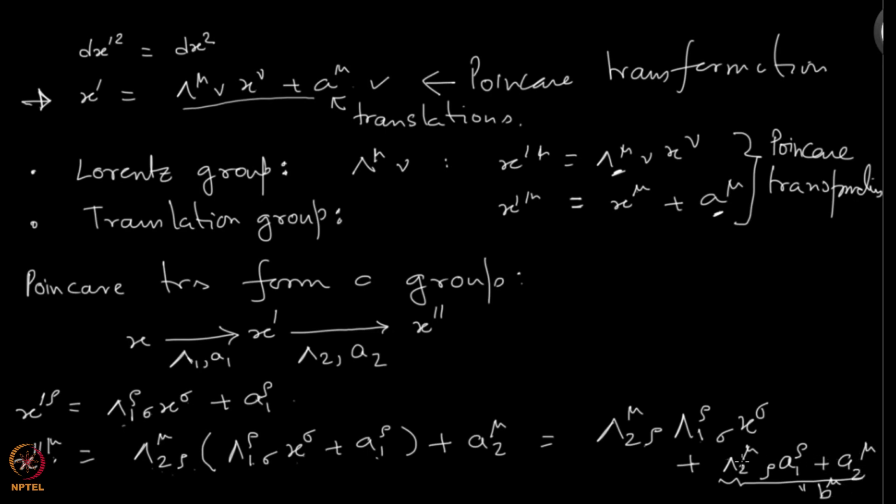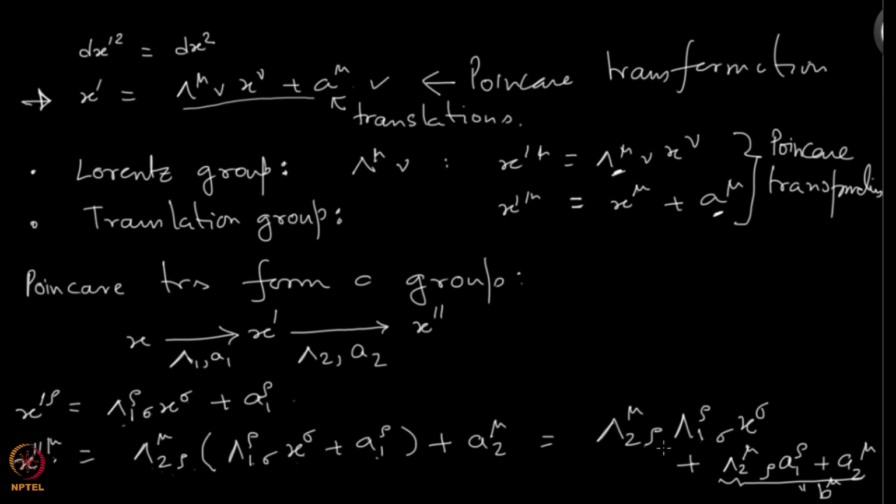See, these are constants, right? There is no x in this part, there is no x mu in this part, x is only in this part. So as far as translation is concerned, I have a translation. You see, the translation part is not multiplied with x, the translation part sits separately. So that's the part here, that's the translation.